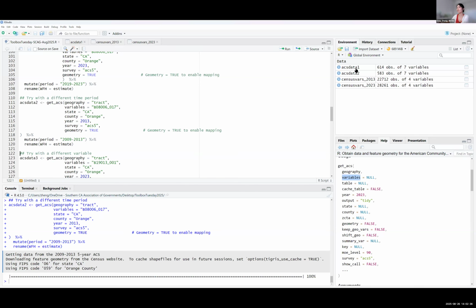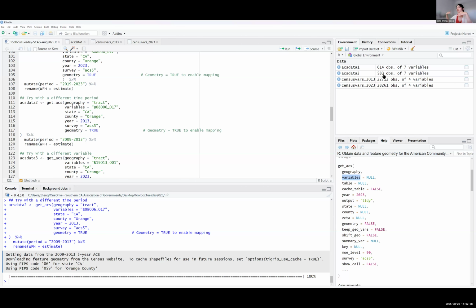So there you go. You have ACS data 1 and ACS data 2 here. You can see it gives you the number of observations. It looks a little different. That just means from the 2010 census to the 2020 census, the census tract boundary changed.